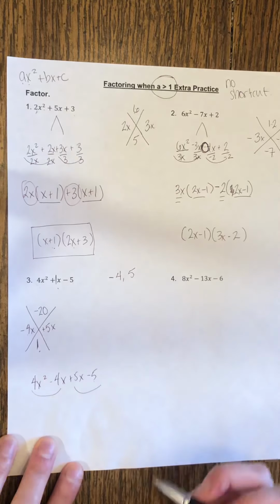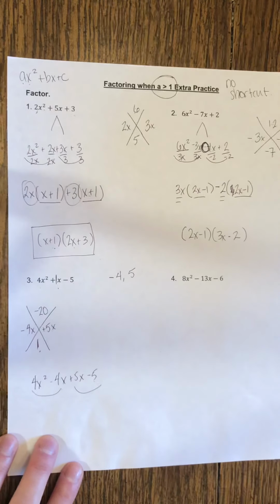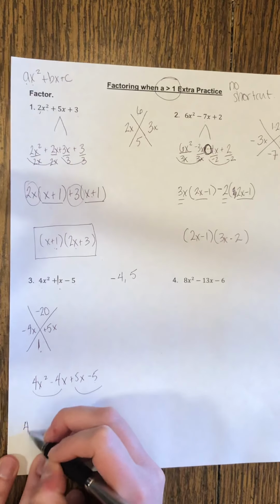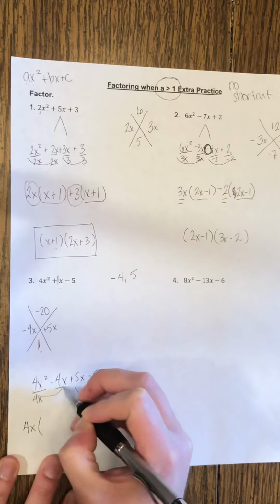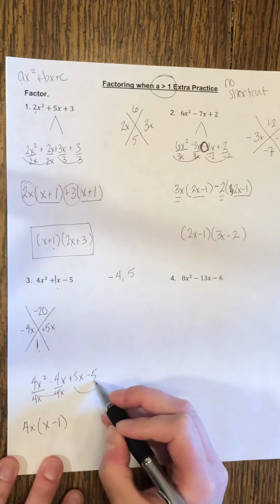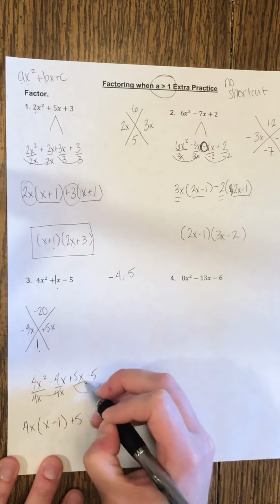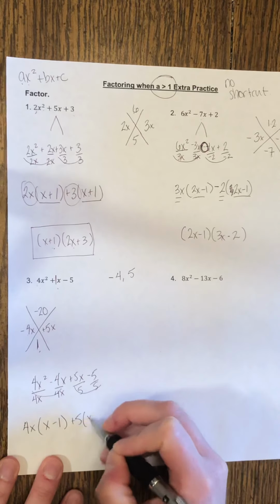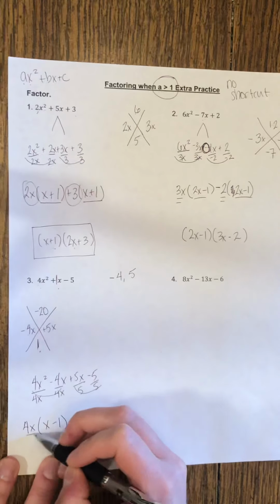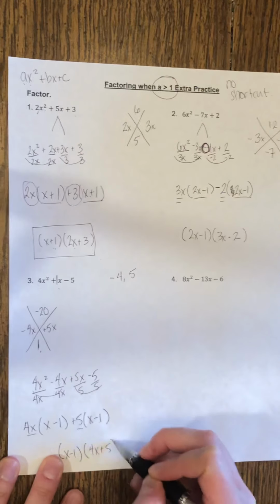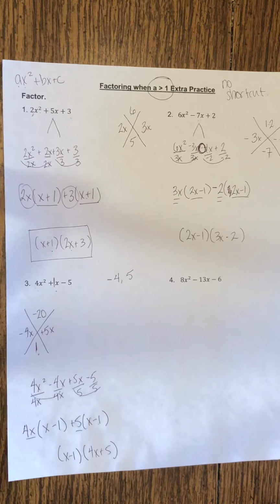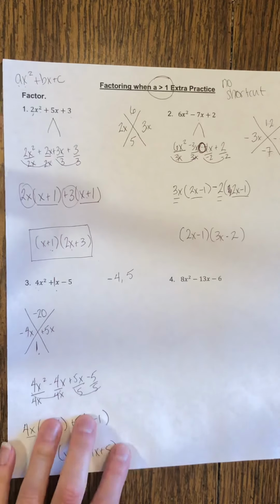Now I have 4 terms instead of 3, so I'm going to factor by grouping. So what's the GCF of the first group? That would be a 4x. We're going to divide that 4x out from everything in the first group to give us x minus 1. What's the GCF of the next group? That would be a 5, so we're going to divide out a 5 from everything in that second group. We have a common binomial, so that's part of the answer. We put together the terms in front of the parentheses. That's the last part of our answer. For the last one,